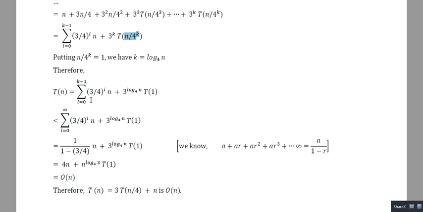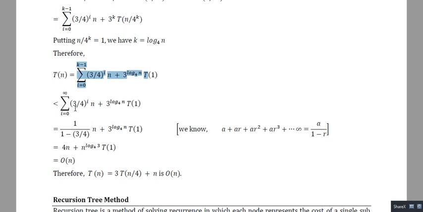So now one thing more, you can easily infer that 1 plus x plus x square plus x cube up to x power n is always less than 1 plus x plus x square plus x cube up to infinity. So if I take the upper limit as infinity, then this particular thing will always be less than this upper limit value. So I can say this whole thing is always less than summation of 3 by 4 power i n, i varies from 0 to infinity. That's right. So now this is nothing but an infinite GP, geometric progression, and we know the sum of infinite terms in a GP is a by 1 minus r, where a is the first term of the GP and r is the common ratio.